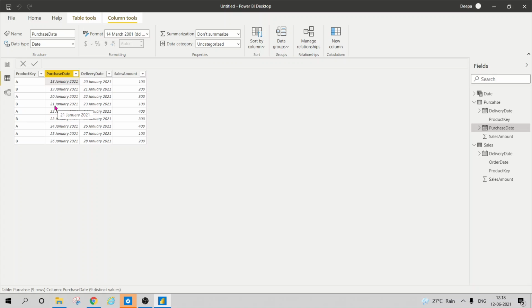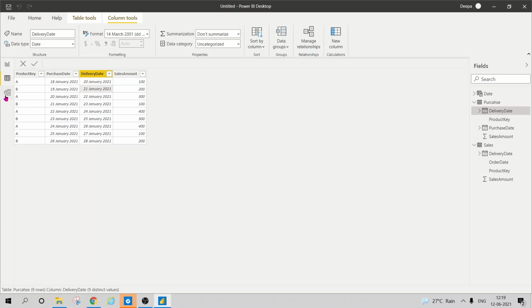Similarly, if he selects 21st January, he should see 100 rupees, the value of the product purchased on 21st January, and 200 rupees was delivered on 21st January. So this he should see.